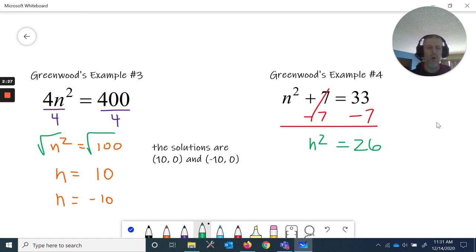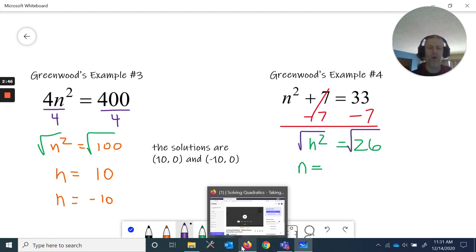Okay. Well, I remember last video we talked about, so 5 squared is 25, and this is more than that. 6 squared is 36, and it's less. So my answer should be between 5 and 6. So we will, oh, I forgot to even square root. Hold on. So we'll square root both sides, and that will give us